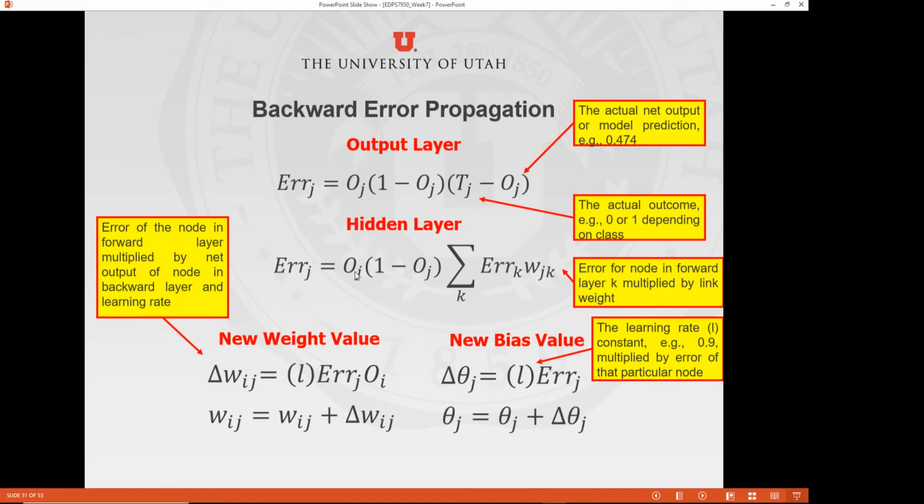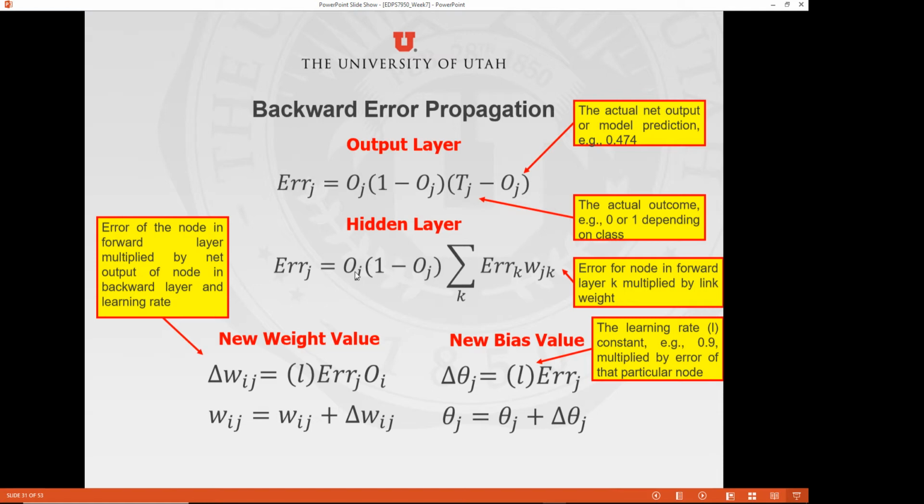If we use this formula to calculate the error for node 5 and node 4, let's do it in order. The net output that we obtained in the previous step for node 5 was equal to 0.525. We do times 1 minus that same value, times the sum of your error multiplied